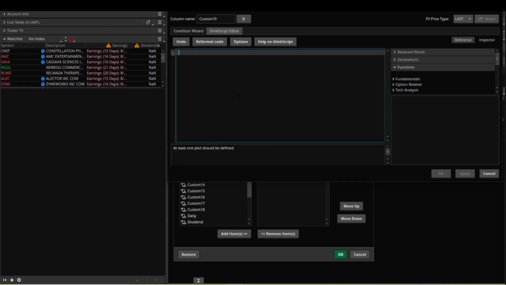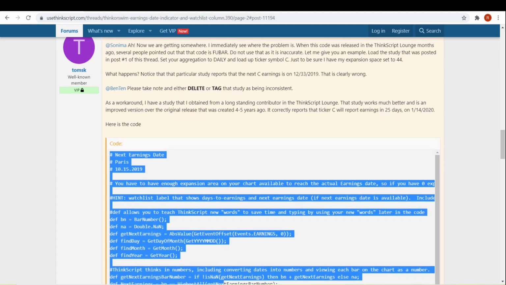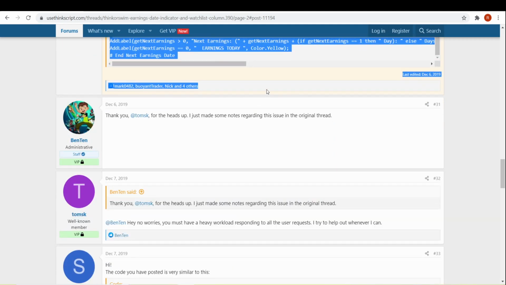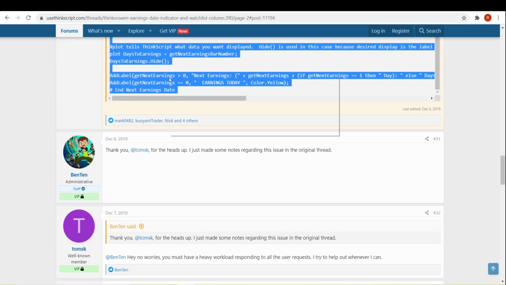And what we'll do, it may be empty. Mine all have code in them, just from testing out stuff. Yours is most likely going to be empty. And then we'll go over to the website here, and we're going to copy this code. This is basically an earnings date code right here that somebody has written and then edited to make work. We're going to copy that